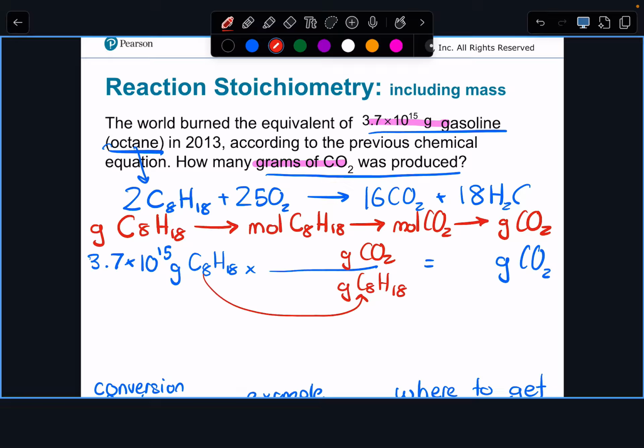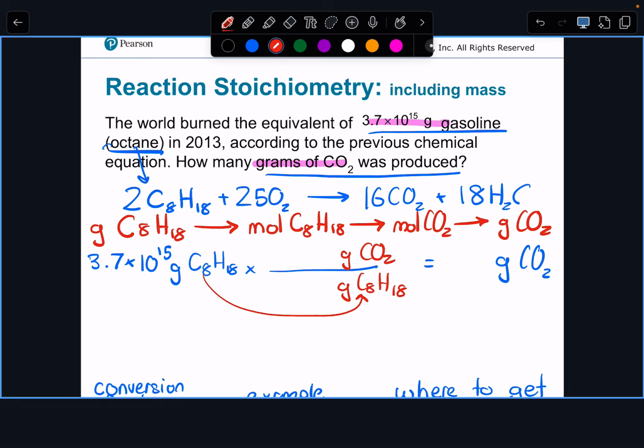The gram part only comes in if you need it, if you're not already in moles. And the mole to gram part comes in if you need it, if the answer wants it in grams. If it wants it in moles, great, you just end there. And looking forward into chapters 5 and 6 and so forth, sometimes we're going to have other ways of